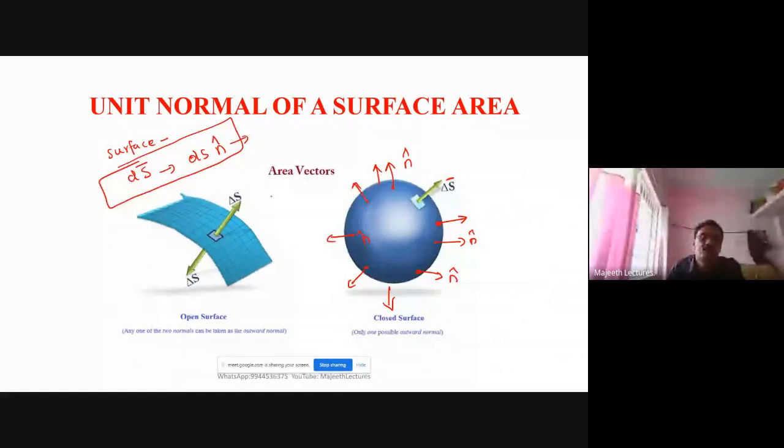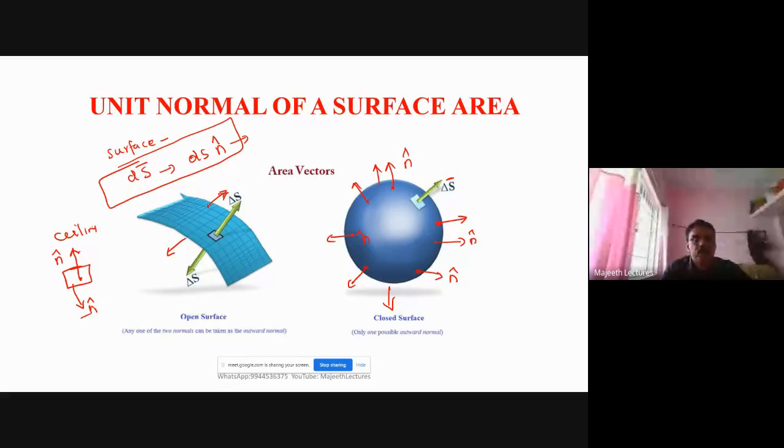For an open surface, with both sides open, on this side it will go like this, and on the bottom side it will come like this. That is the only two options, right? Let us assume this is our tile. Where is your unit normal? It is always looking at your ceiling. Just remember this concept, we will use it. So please remember this. This is n cap. For an open surface there are only two options. One will go to the top of the surface, the other will go to the bottom of the surface. Otherwise, the other normal in your tiles will go towards the ground. Compared to this, it is opposite, so minus.